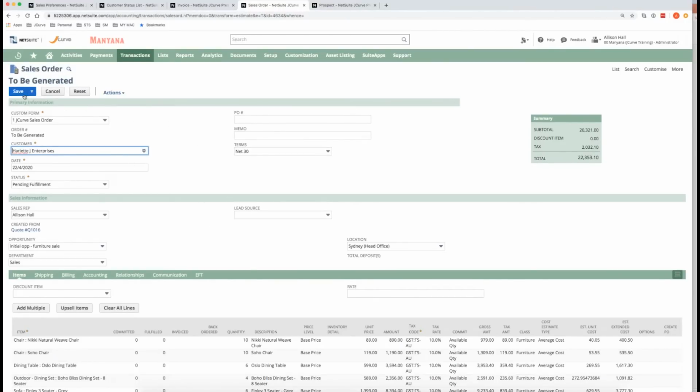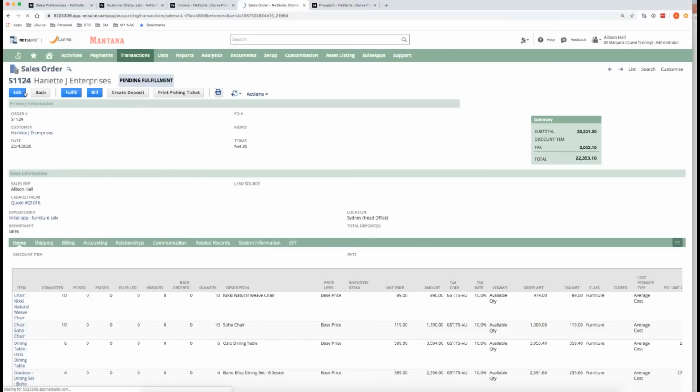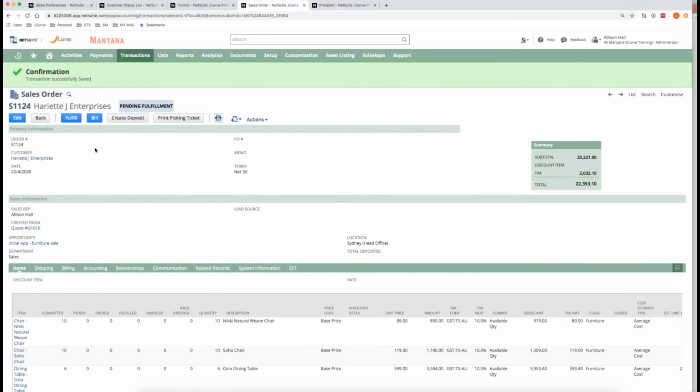Okay, so I'm going to save my sales order. Here you can either change the status to pending approval or pending fulfillment, whatever your statuses are. I'm going to opt for it to be pending fulfillment. We're fast tracking it for the purpose of this training session, but you can then fulfill and bill it. I'm going to go through the process of fulfilling and billing it